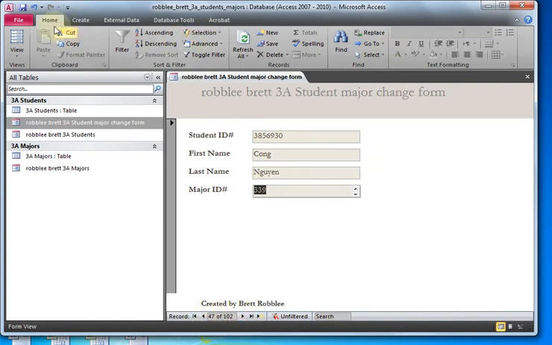Now in the Home tab, Sort and Filter, click Selection, and notice that we have four options here: equals, does not equal, contains, does not contain. Let's select equals 339, and notice that the toggle filter is now highlighted, and we know we have an active filter, and our record count is 1 of 7. So if we click through here, we'll see different student names, but all with the same major ID number,